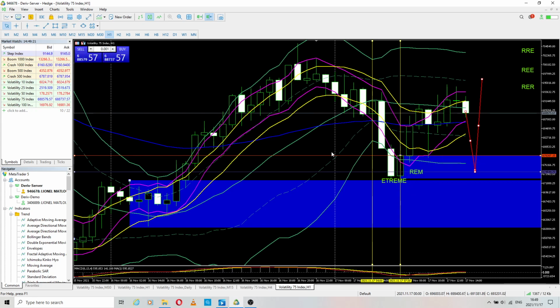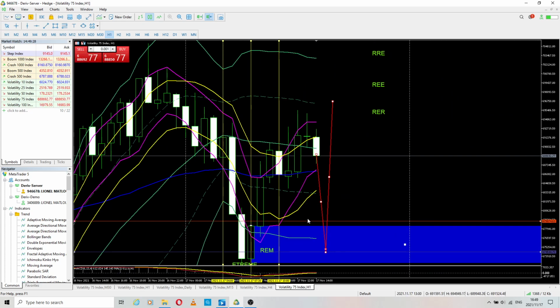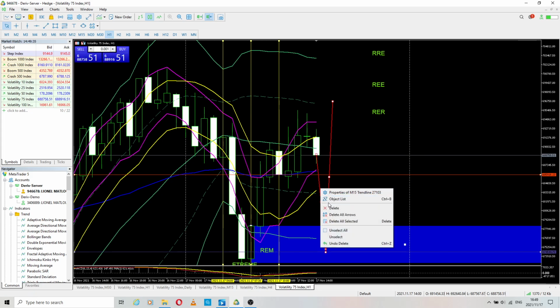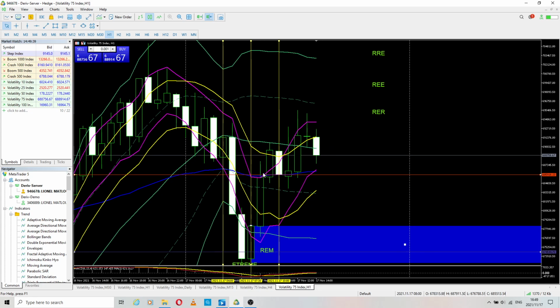So let me just do this. Let's say this, and this candle closed there. So let's just check what is happening there. Let's say this and this. So this candle closed there. So there is a CSD, the market pushed down to retouch this area. So when the market came to this area, what we do is